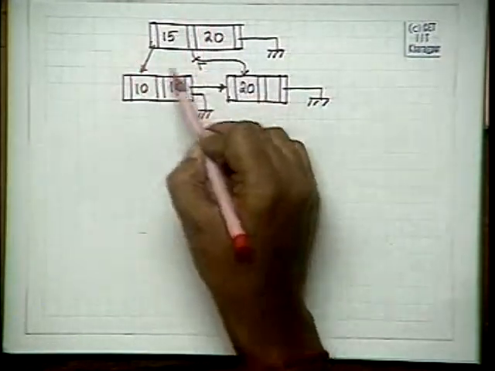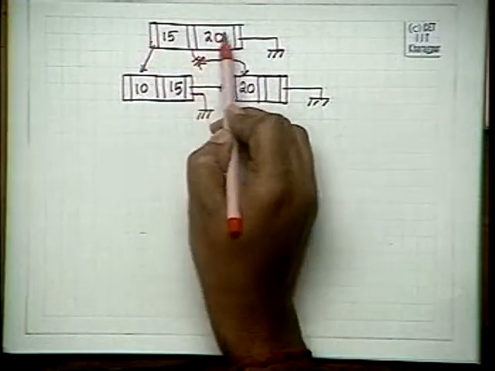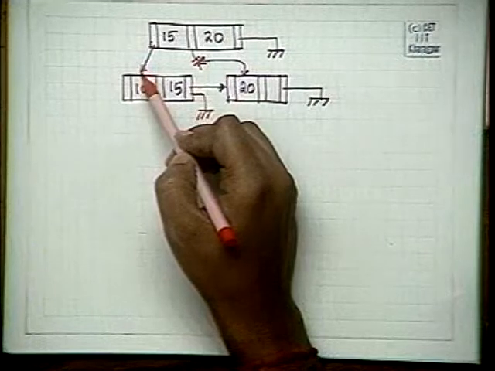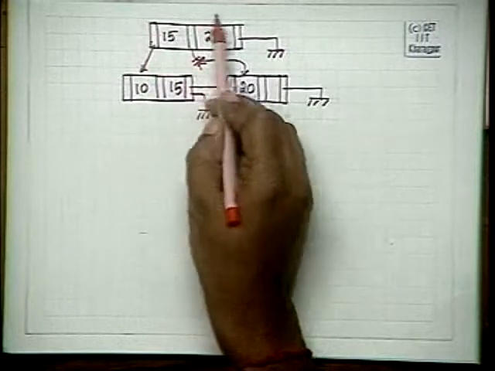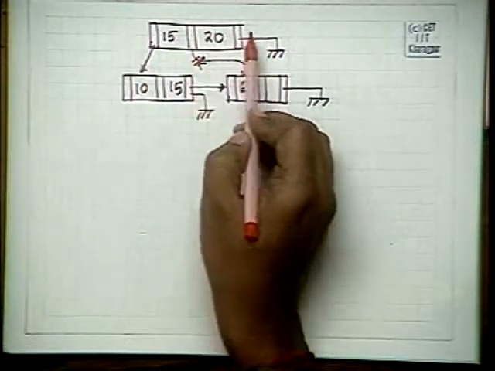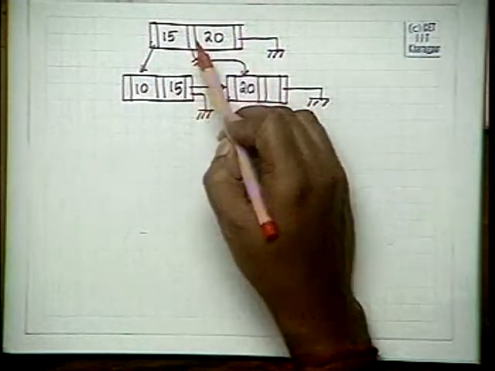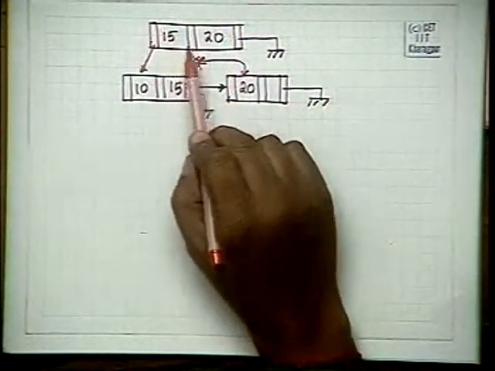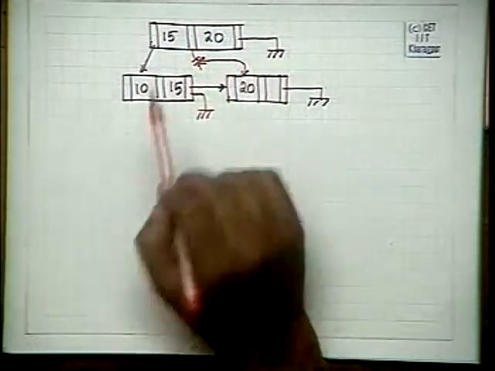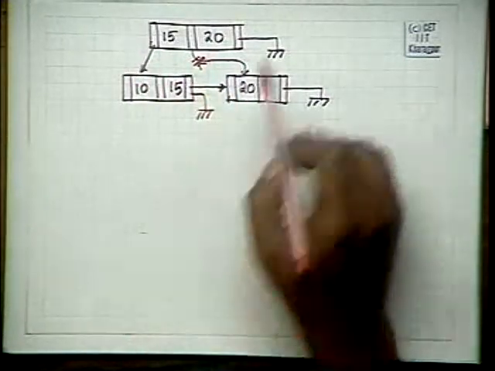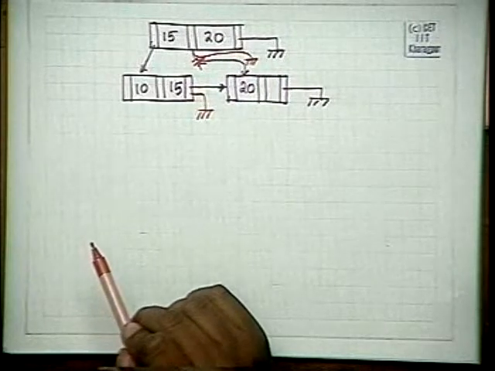So when I delete this one, this pointer, when I delete from here, this will have only one pointer. Once this has got only one pointer, then this is not a valid node. So we have come to a situation where a node has got only one pointer, then such a thing is not allowed in a B plus tree with 3 pointers. You cannot have only one pointer and 2 null. That is, this one cannot be made null, then this will not remain a valid B plus tree.